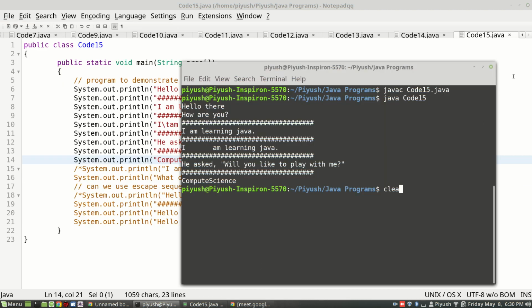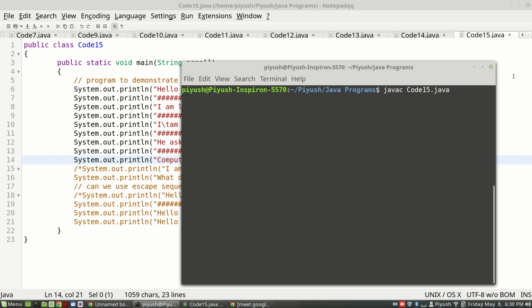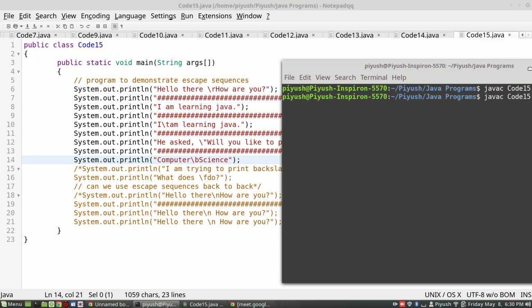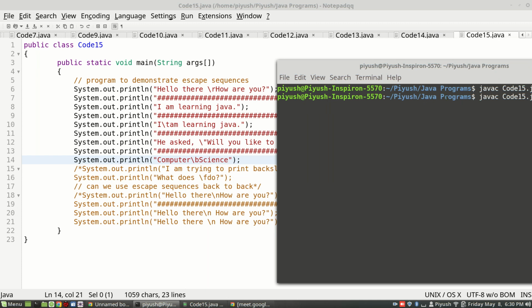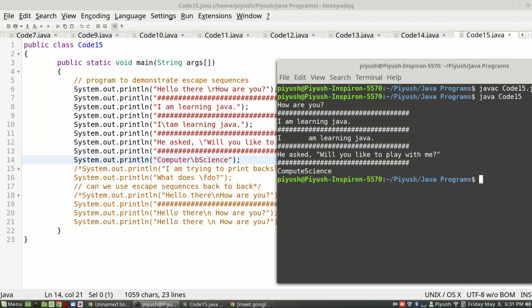Now let me compile it. No errors. Now we will be interested in the first output only, the output of line number 6. Now, what happened? It just removed what was before it. So \r cancels the characters before it. Yes. So here we observed,